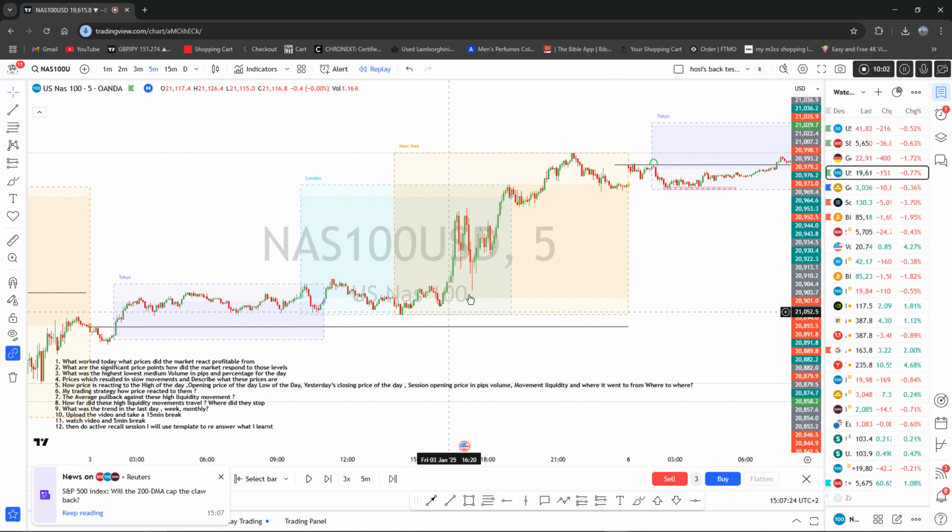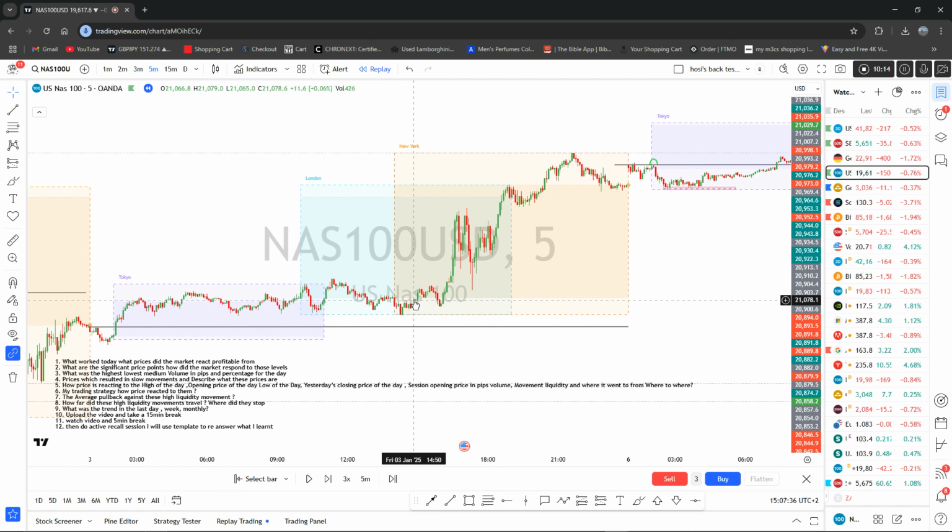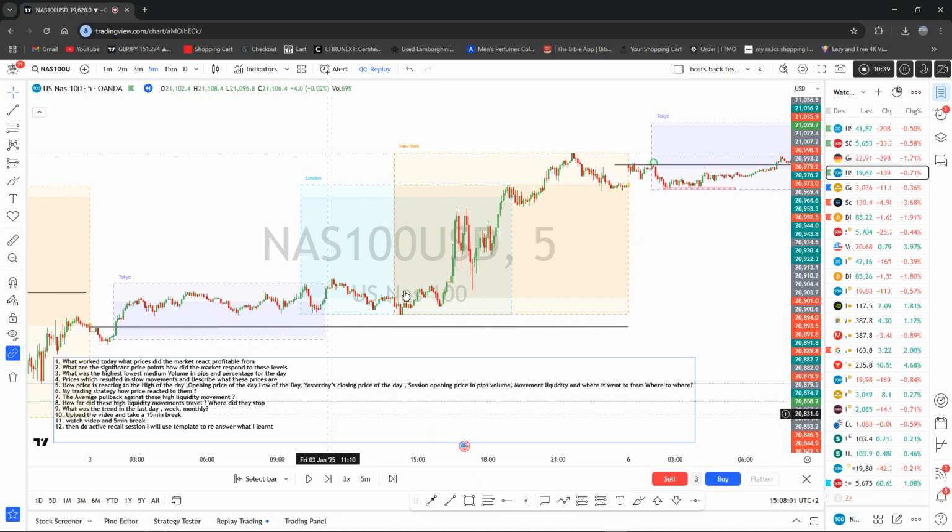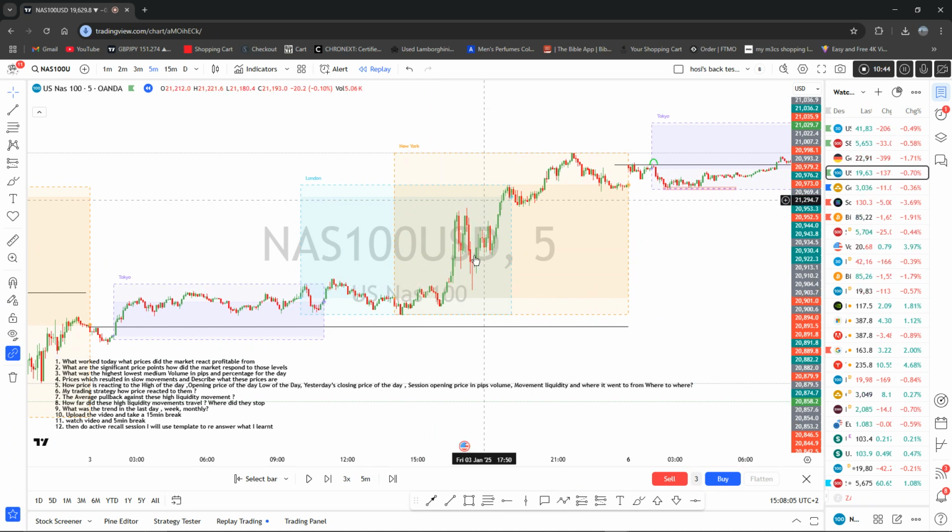from 4 until 5, it was very liquid and high volume. From 15 minutes to 3, it was a bit not so strong. You see 33 pips to the upside. And then at 3:30 it was 42 pips to the downside. So these areas were slow compared to the other ones.